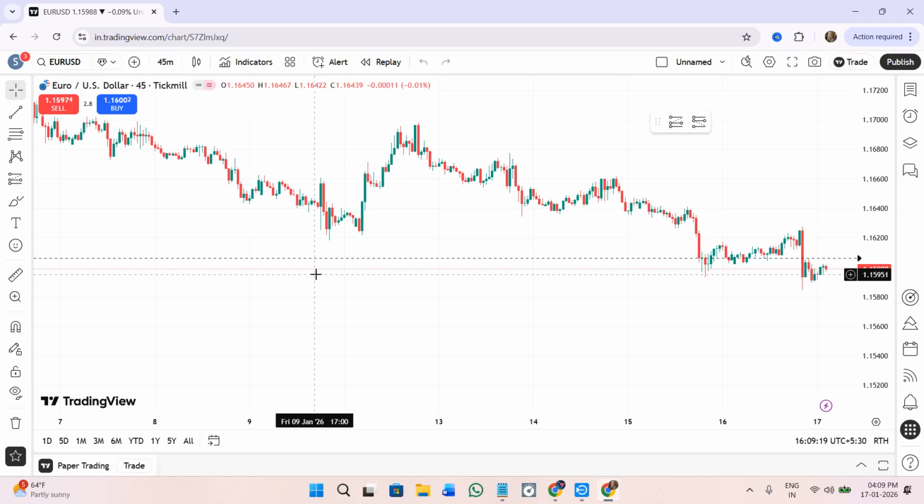Hello everyone, welcome back. In this video, I'm going to show you how to restore the missing toolbar in Tradingview